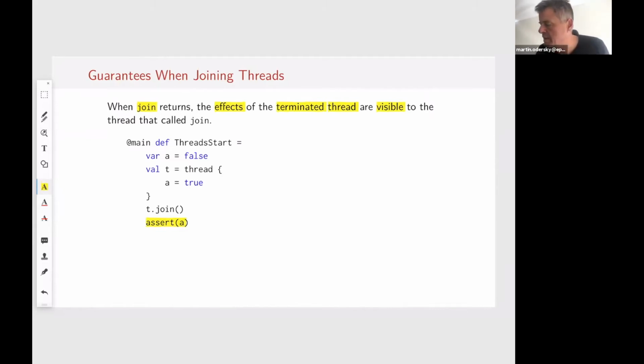The main thread set A initially to false, but the concurrent thread set it to true. By virtue of this join, where we have waited for the thread, there's an implicit guarantee that if that thread is finished, then the variable will also have flipped for the main thread. It will see the flipped value of the variable that the T thread changed.